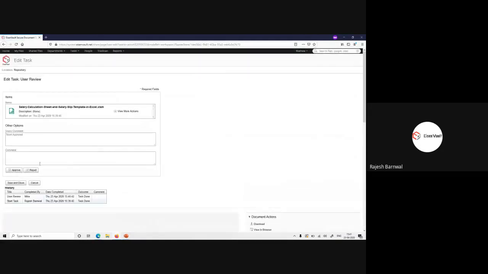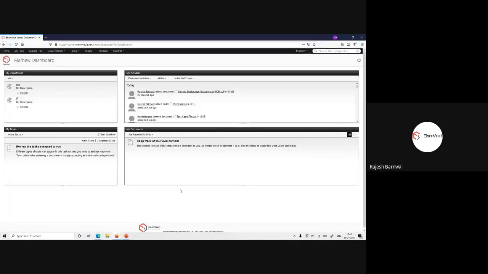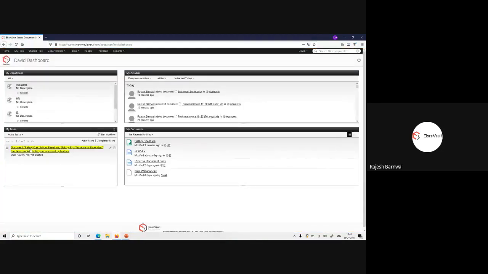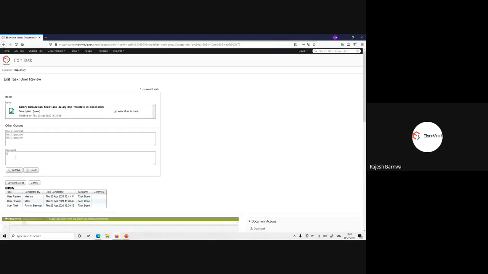Let him approve again. I added "approved" and click on approve. Now the third approver is David. Log in with David. He received the same task and he also approved this document with the comment "approved." Click on approve.